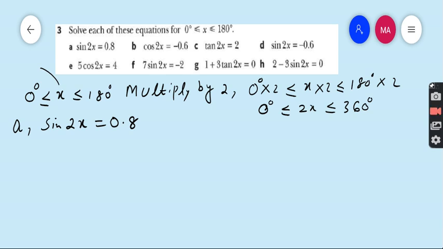Now our required domain is from 0 to 360 degrees because in each and every part